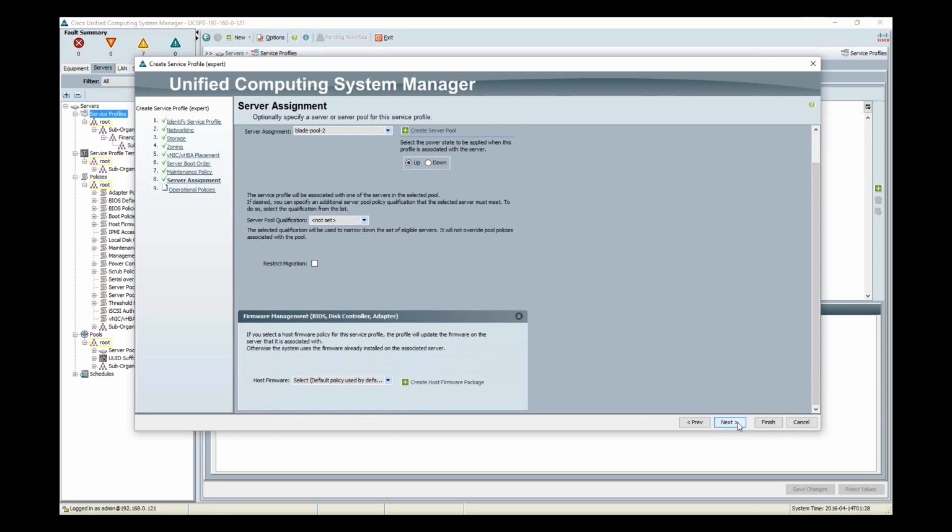15, 20 minutes later, it depends on how long. If the blade's been sitting on the shelf a long time, it probably has a different firmware than you're looking at, so it's going to take a couple reboots to apply the firmwares, apply your service profiles. What you'll see, which I can't demonstrate, as this is just the emulator, is when you apply the service profile,